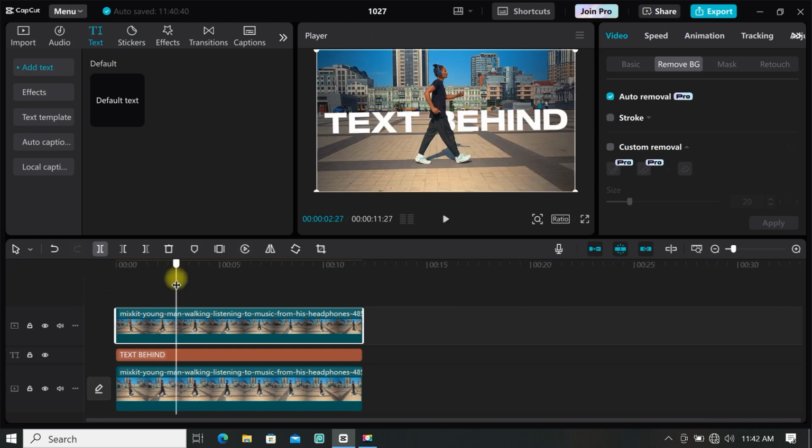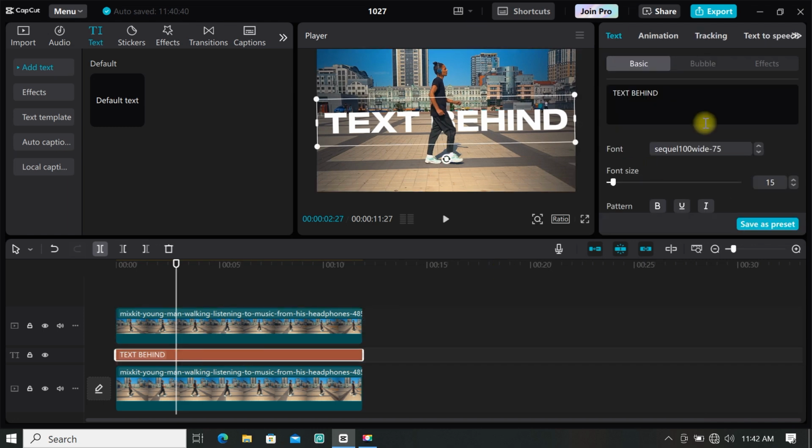This is how to place text behind person,